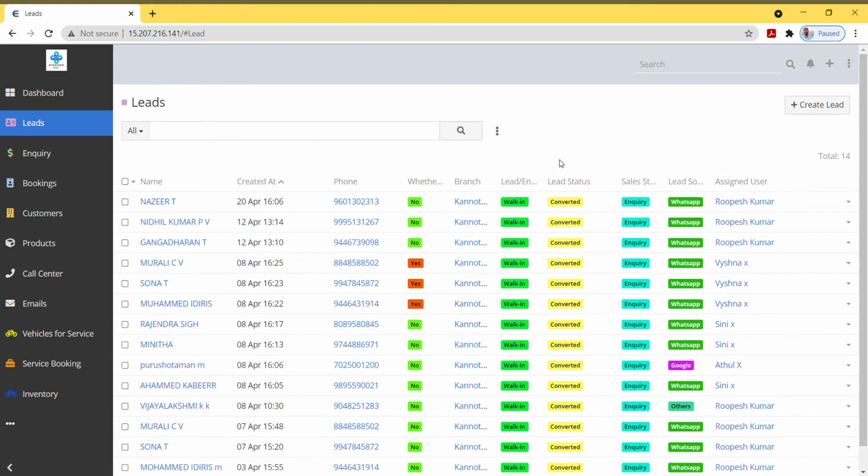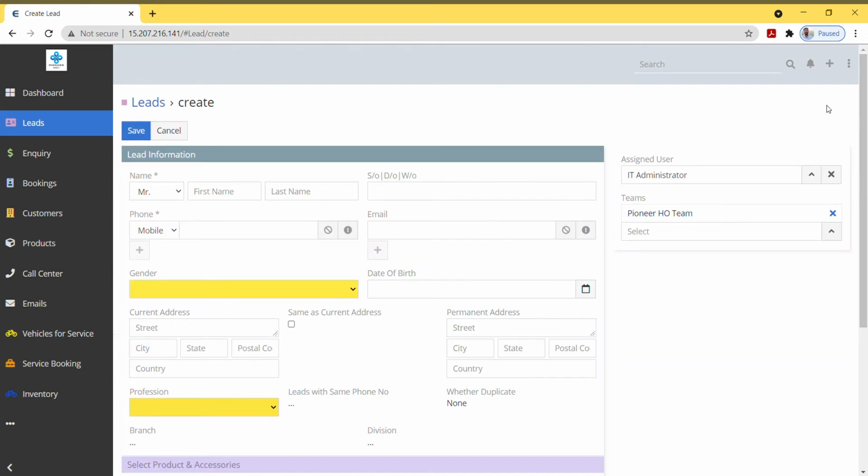To create a lead, you can select the create lead option. There is a button towards the right hand top corner of your screen. Select that button and you will be led to a lead creation page. In this page, you have to enter the basic details of your new lead. For example, you can enter the name and the contact number. These are the two basic information that are considered mandatory in this particular lead.